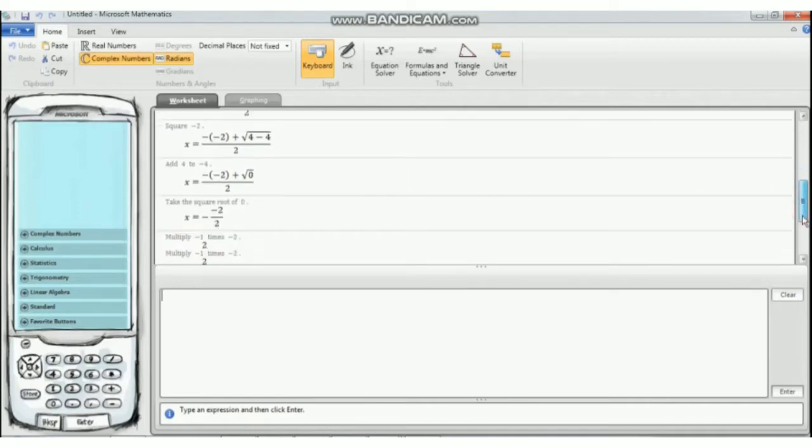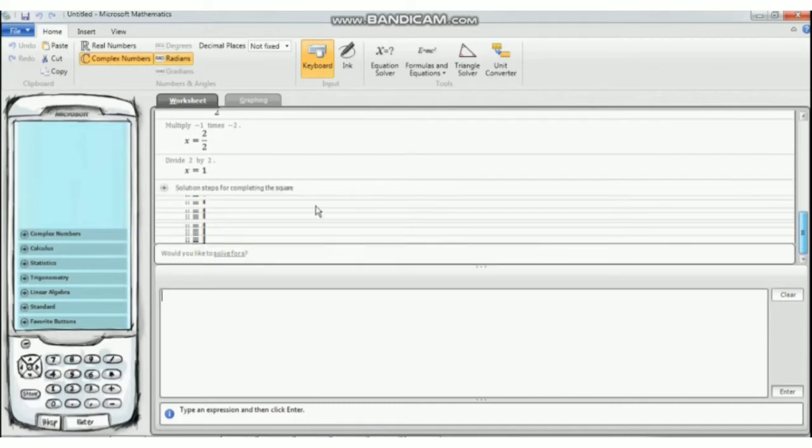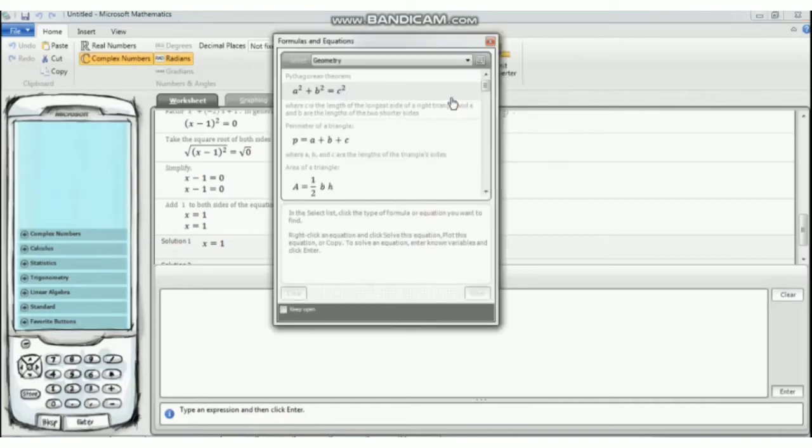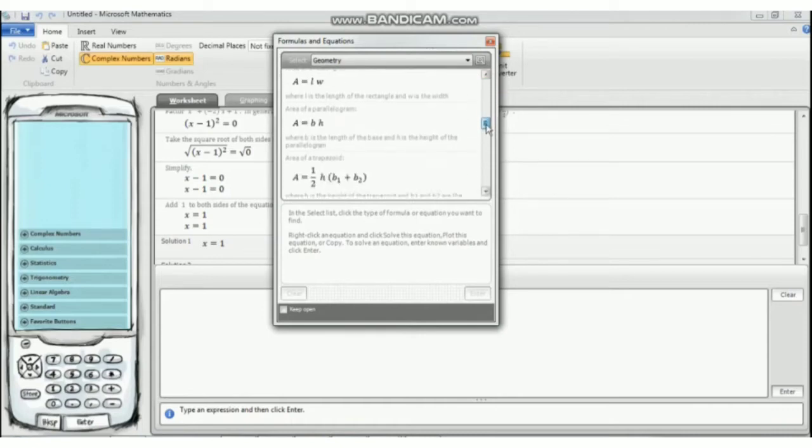The solution is available in two choices. And then formulas and equations, we can find algebra, geometry, trigonometry, physics, chemistry, law of exponent, properties of logarithm and constant. For example, geometry. It will show a new tab that contains many formulas. For example, Pythagorean theorem: a squared plus b squared is equal to c squared, and if we scroll down, it will show more